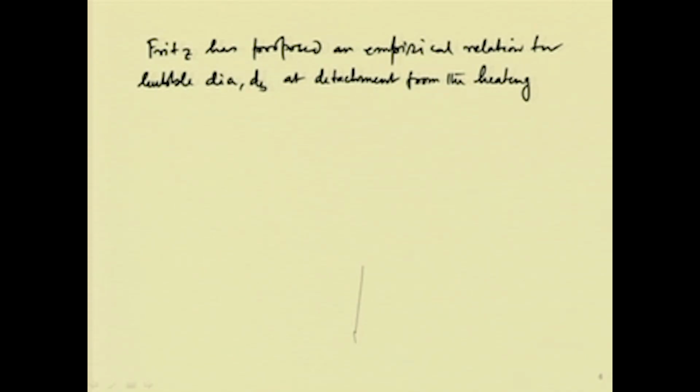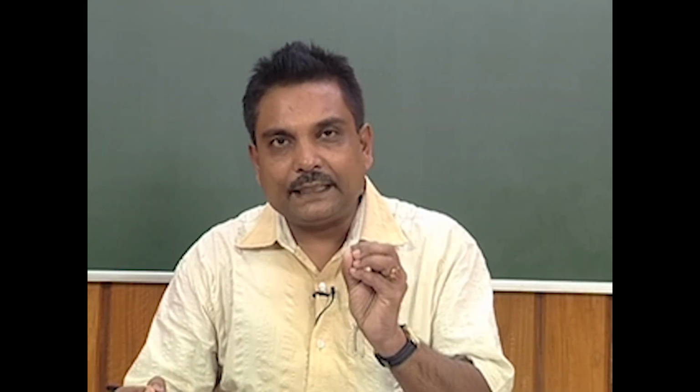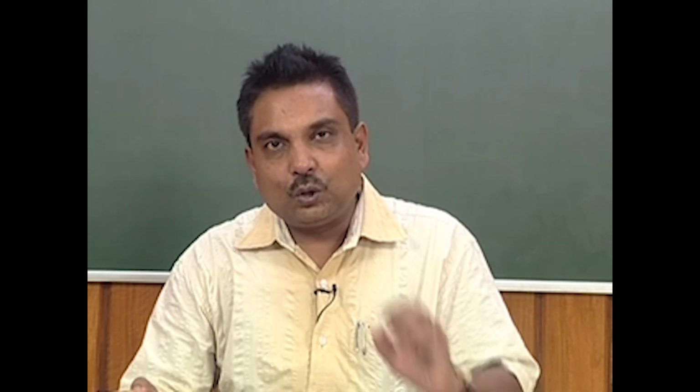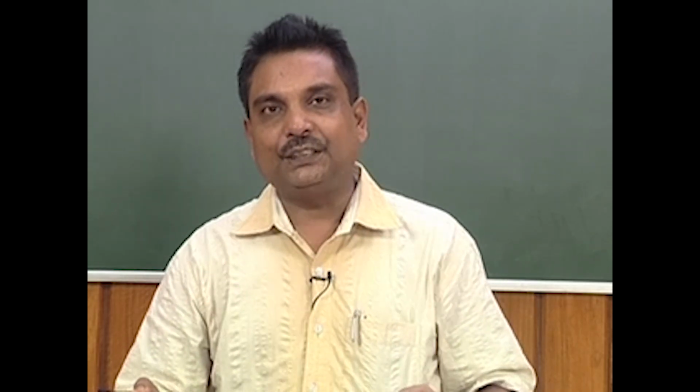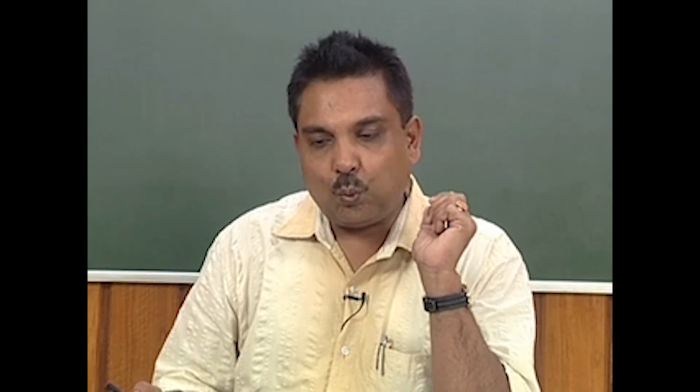Now, Fritz has proposed an empirical relation for the bubble diameter, which is denoted as dB here, at detachment from the heating surface. We have to understand that the bubble started forming, as we discussed in the last lecture, and then it gradually grows and finally detaches from the surface. So, with time the size of the bubble changes. At the time of detachment, what happens to the diameter of the bubble